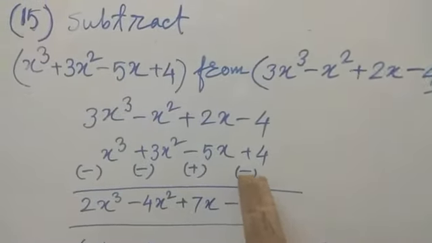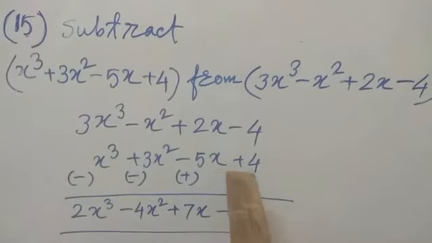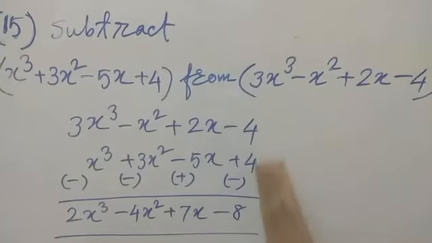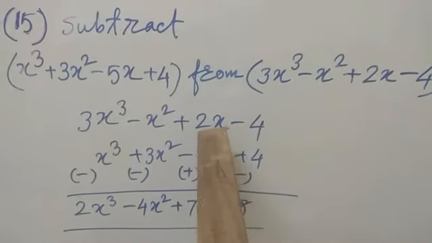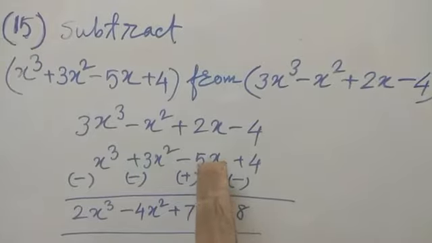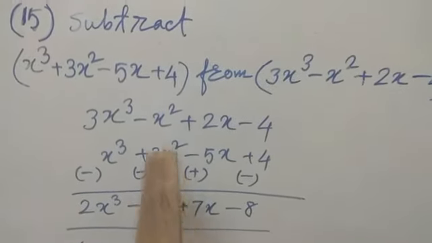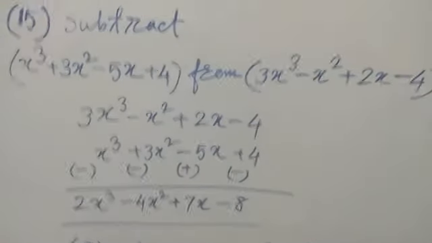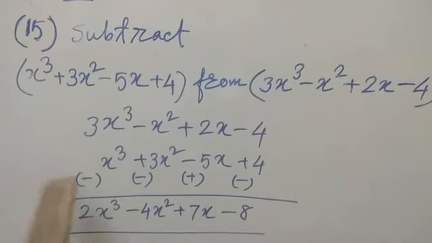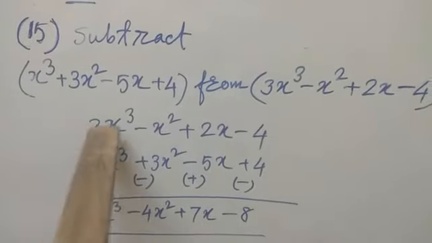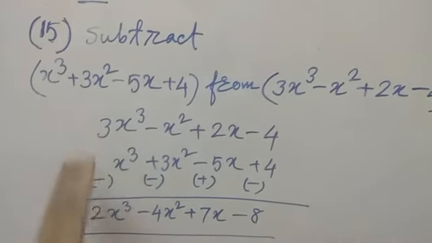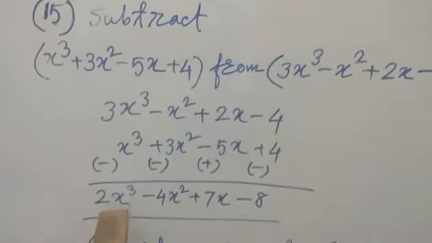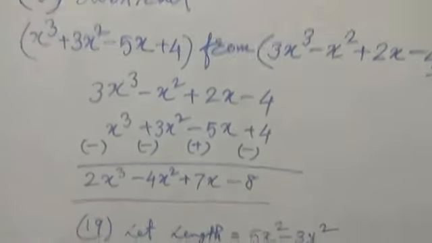Now change the sign of the terms of the second row. So now it is minus 4 minus 8 plus 2 plus 5 plus 7x plus minus 1 minus 3, it is minus 4x square, and it is plus 3 minus 1. Coefficient of this term of x cube is 3 and coefficient of x cube is minus 1. So 3 minus 1, 2, with the literal coefficient x cube. So this is the subtraction value.